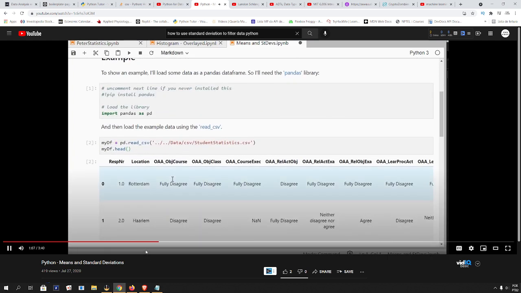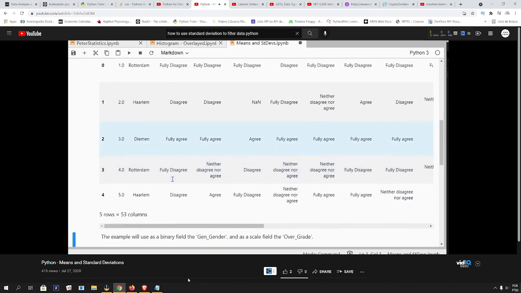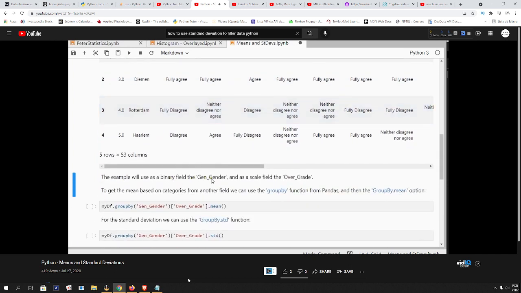You can give it any name you like, and here's the data, or at least the first 5 records and some of the columns. I'll be using a binary field, gender, but I can use any field with any categories in there. And as the scale variable for which to compute the mean, I'll be using the overall grade. To get the mean based on the categories, I can group by and then use the